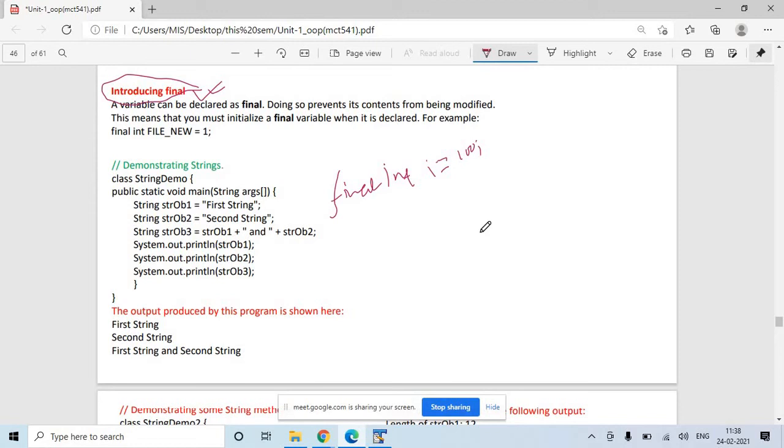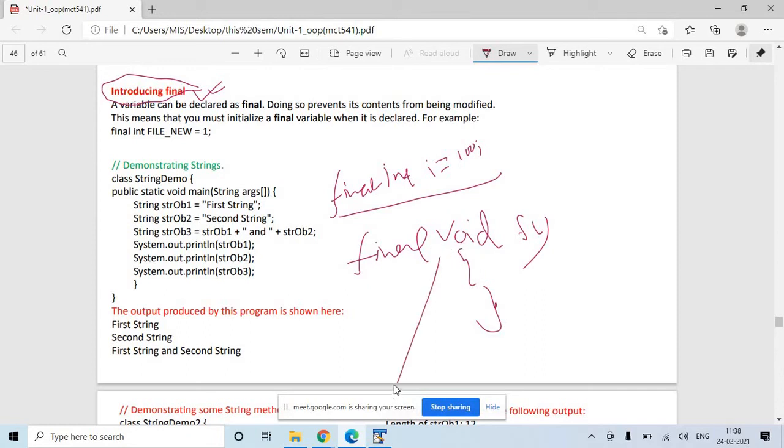Final has three uses. First, final can be used with a variable like this. Let's say you want to write a function, say void f. F is a function. You can write final here: final void function. So you can use the final keyword in combination with a function.